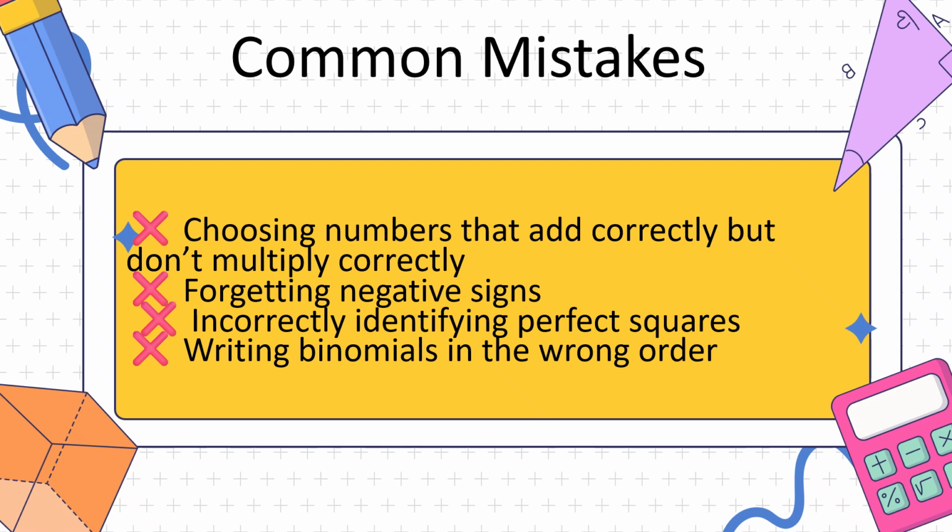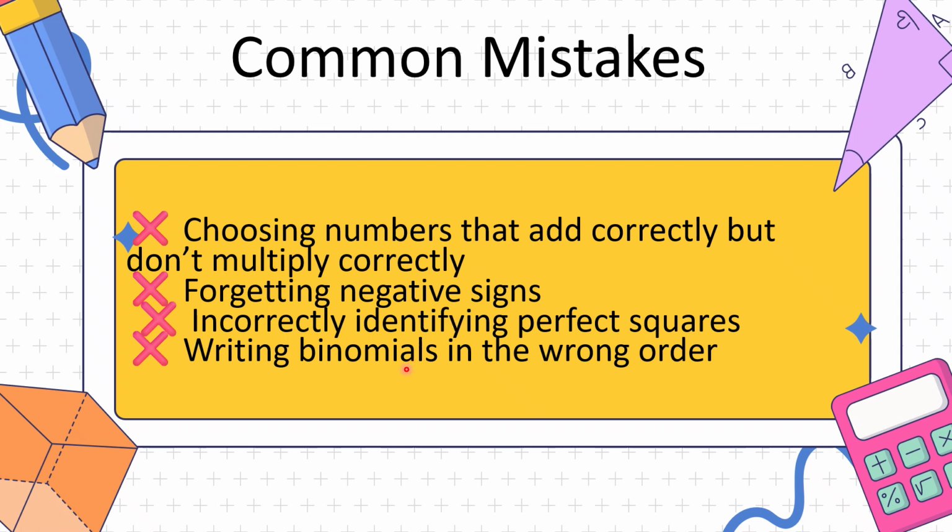Now, what are the common mistakes of the students or the learners? Okay, so we have choosing numbers that add correctly but don't multiply correctly. A second mistake is forgetting negative signs. So remember, negative signs are important. When we multiply both negatives, it gives us a product of positive. And if we are going to add that, it becomes just copy the common sign, because that's the rule of adding